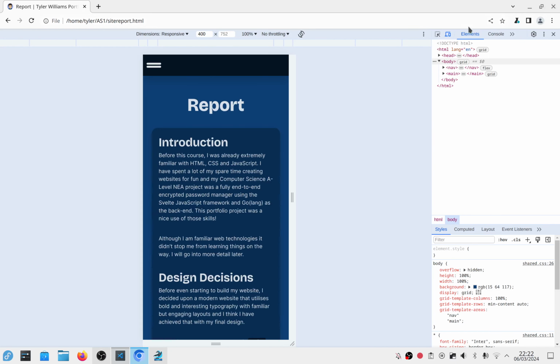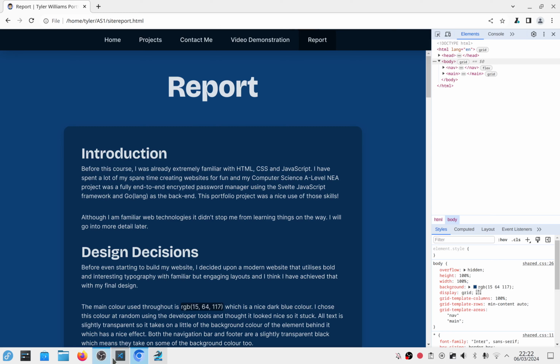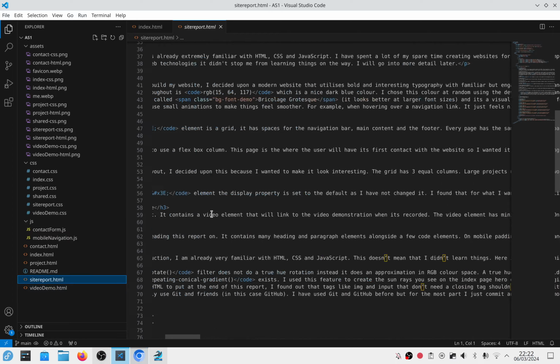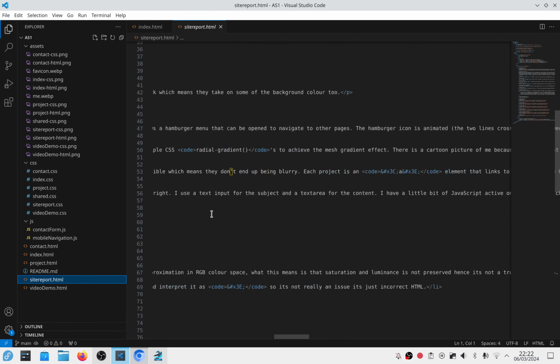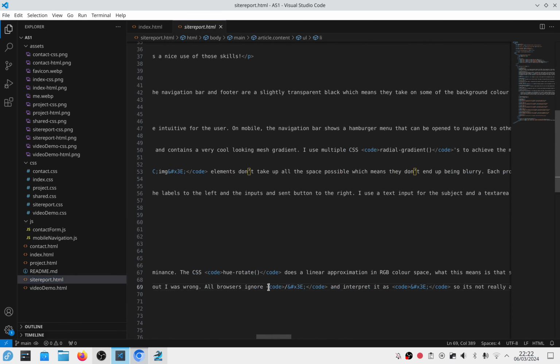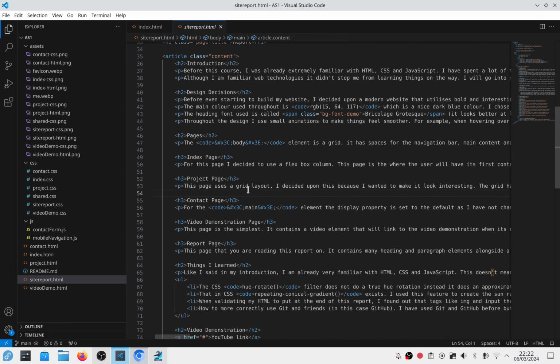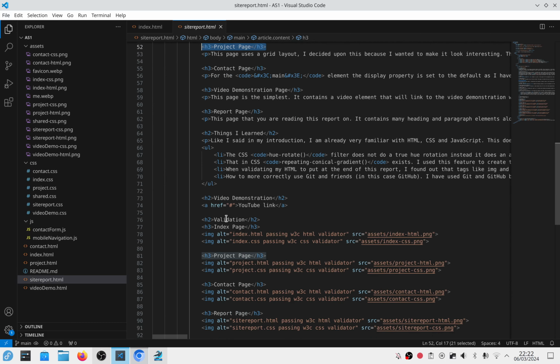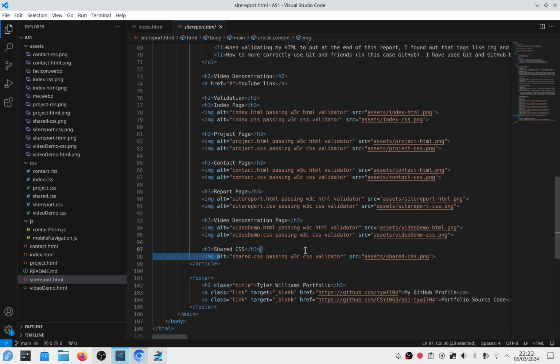let's have a look at the structure of this. So it's just paragraph elements. Some of these paragraph elements use code elements, and these are styled differently. So we have CSS functions, we have anchor elements and such. Each element will have a heading and a paragraph. These are subheadings, and then these link to all the things. We have the alt attribute set,